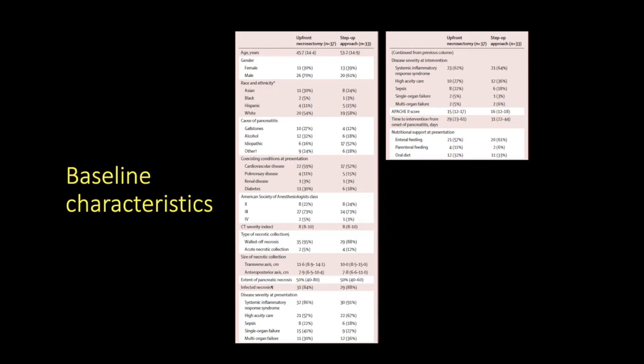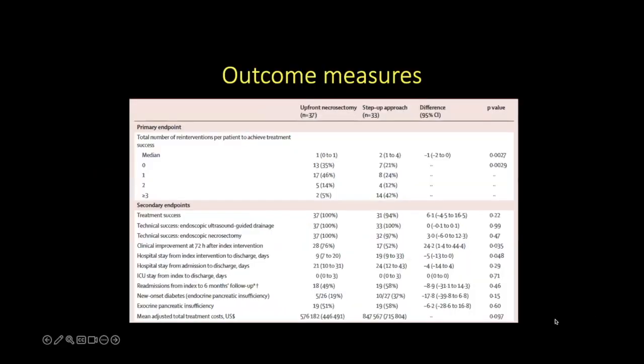The median APACHE II score was 50 for upfront group, 16 for step-up group, and the majority of our patients were undergoing enteral feeding through an enteral feeding tube in both groups, 57% upfront and 61% in the step-up group. These are the outcome measures when you look at the primary endpoint of the total number of reinterventions required per patient to achieve treatment success at the end of 6-month follow-up. There was a significant difference between two groups with a significantly lower number of reinterventions required in the upfront group, with median of 1 versus 2, with a p-value of